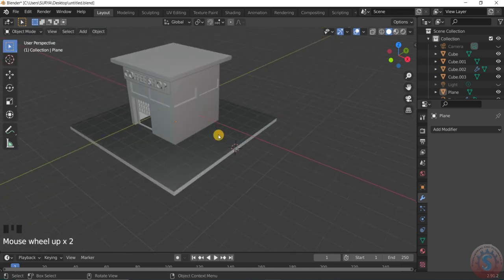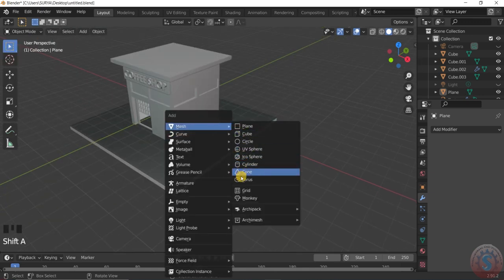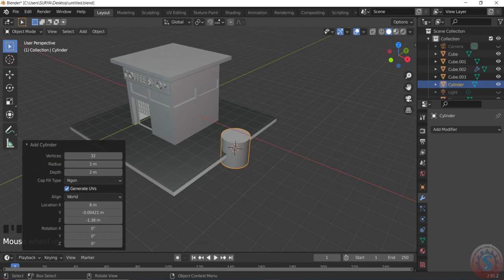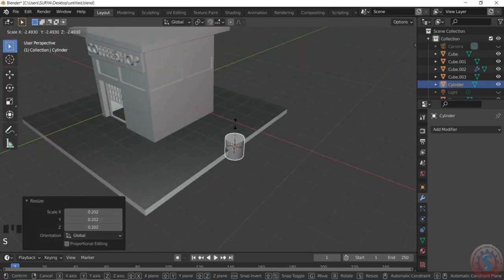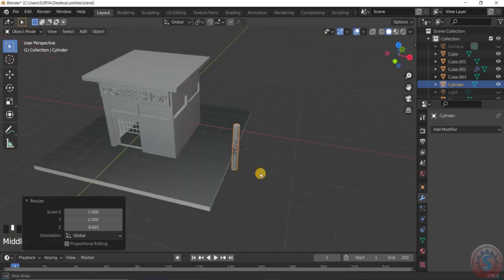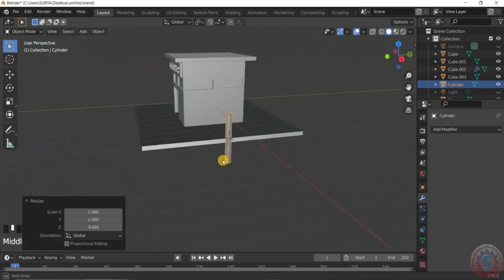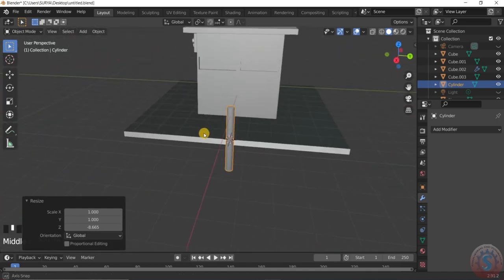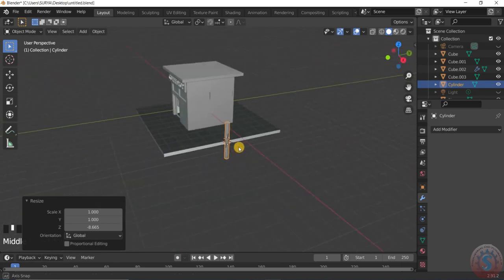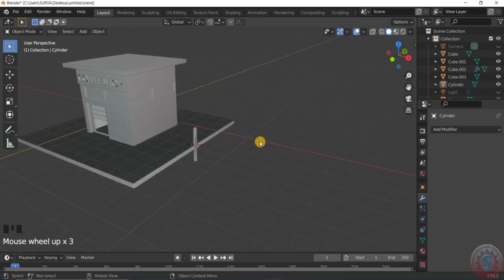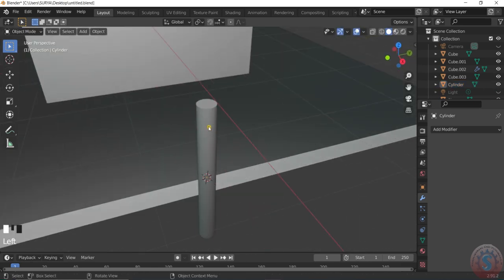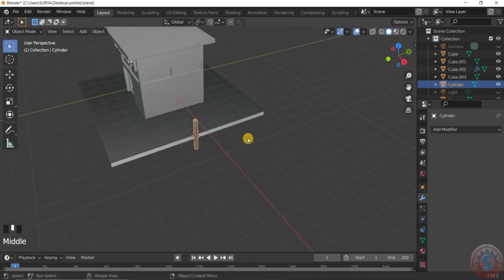Go into the object mode, same process: Shift A, go into the cylinder and scale the cylinder somewhat smaller, and scale on the Z axis to some distance, and you can observe it is scaled. If you want to decrease the scale here, you can also decrease it like this, and it is good. If you want to adjust this, go on to the